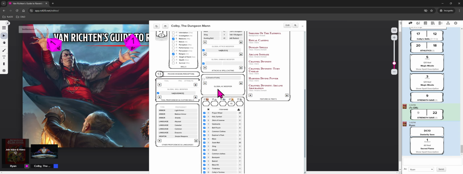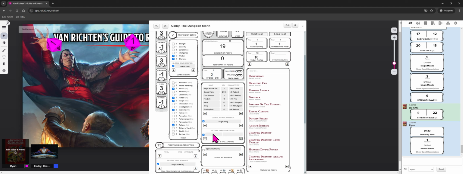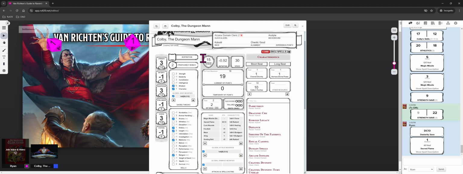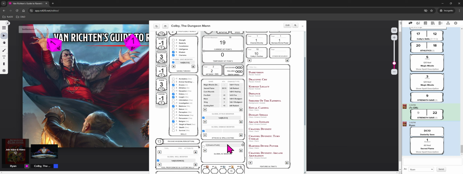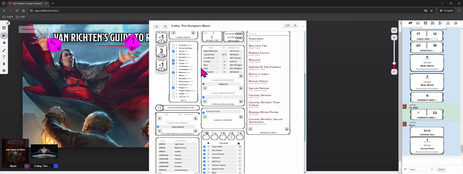But if you have some modifiers, let's say that you have a paladin in your group that regularly casts Shield of Faith on you. Well, instead of trying to remember, okay, +2 to my armor class right now, you can write this quick code right there, click that, and watch, our 15 has now become a 17. Alrighty? But it's important to remember, just like your equipment, just like your skill proficiencies, if the blue